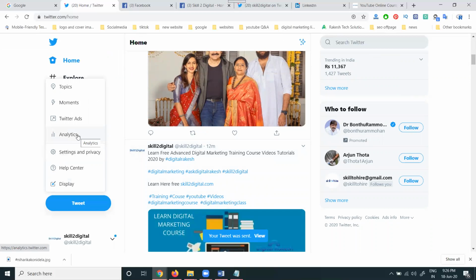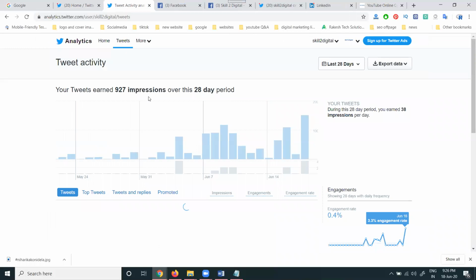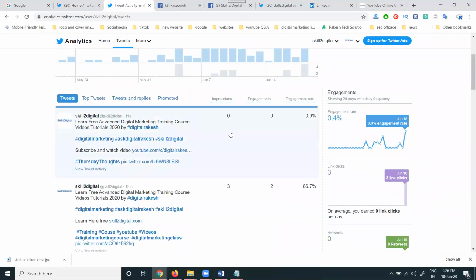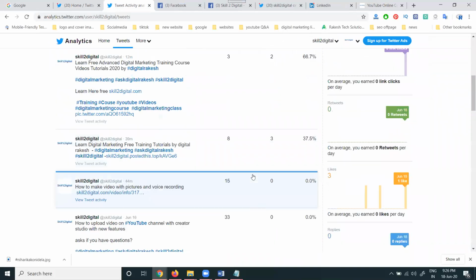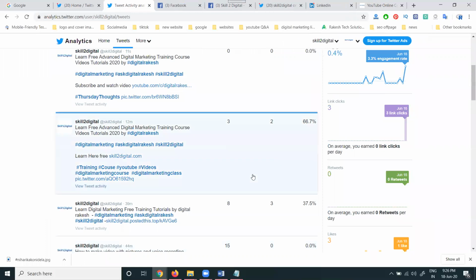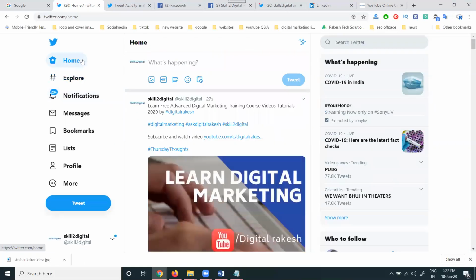Whatever tweets you have done, you can check everything through the analytics option. You can check the particular option here: today, how many posts, how many tweets, how many impressions were done. So this is a tweet we can use on Twitter to increase your Twitter followers, based on the tweet shared on your Facebook or LinkedIn or on a particular website. So these are the instructions we can follow to increase your Twitter followers, and Twitter engagement will also happen.